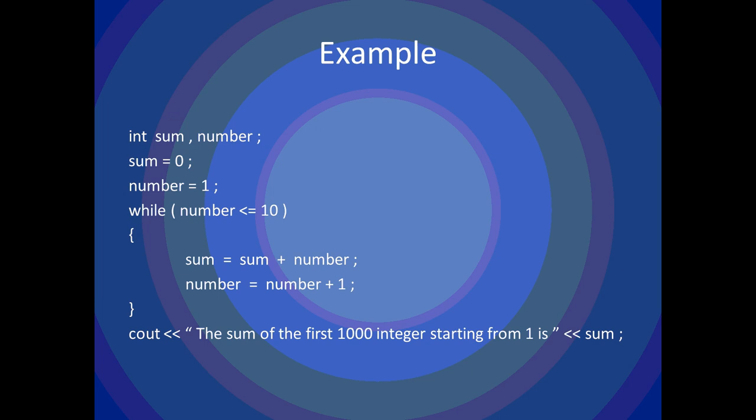So the while loop this time would run for 10 times, and after 10 times when the value of number becomes 11, the control wouldn't enter the body of the loop, rather it would go to the next statement after the body of the loop, and the next statement is sum of first, sorry, here